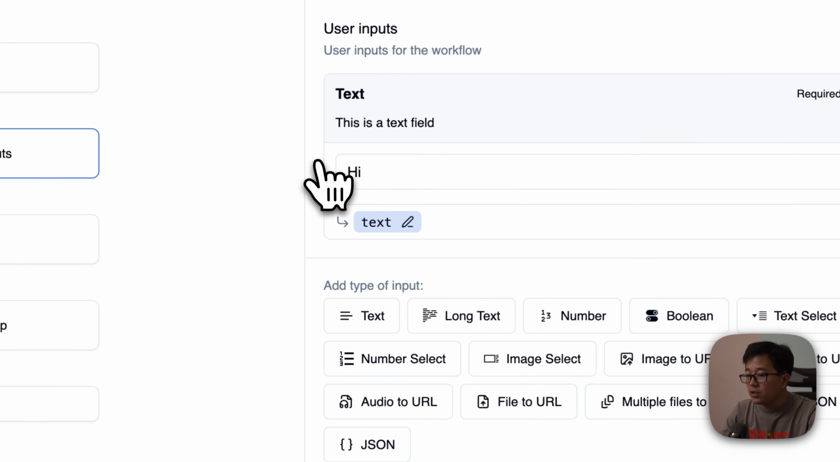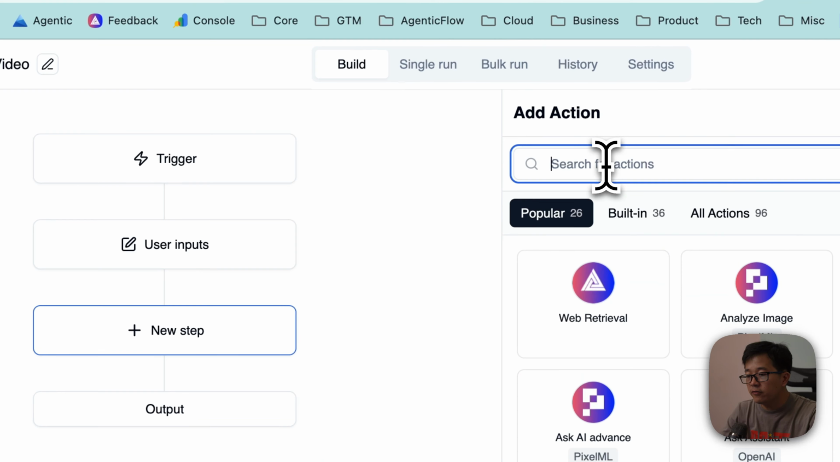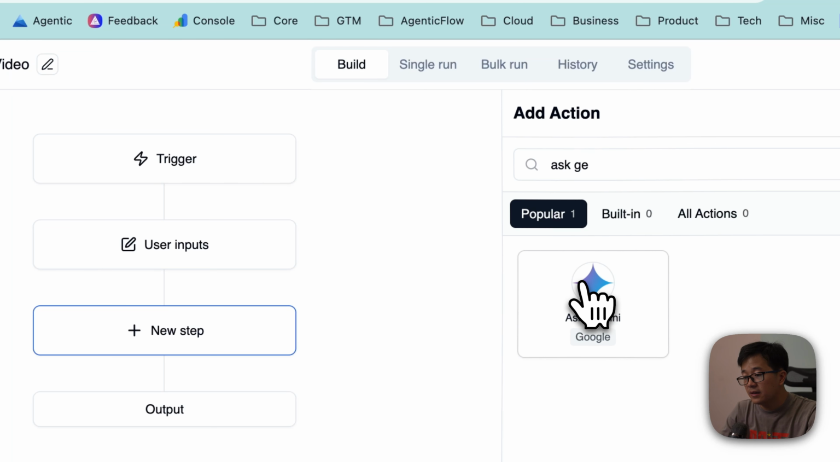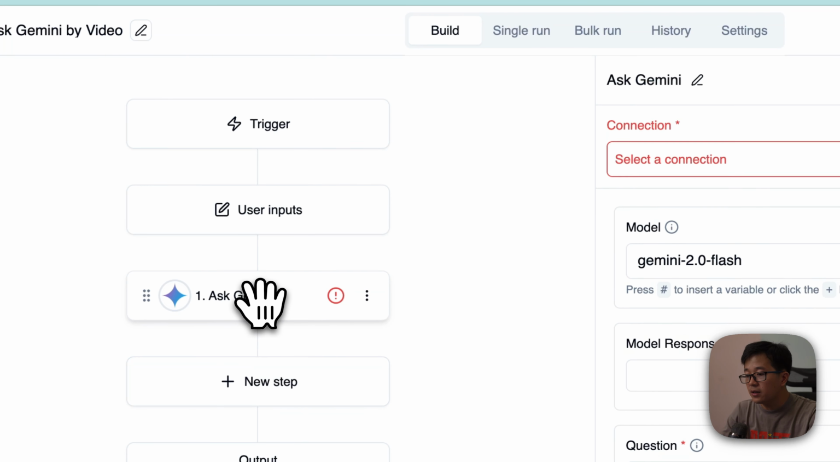Okay. I'm going to create a new workflow, and I'm going to put in the input. For this one I'll just delete this first, and then go to new step. I will search for Ask Gemini, and this is a new node, Ask Gemini. You can select a connection over here. You can select a key. You can get this key from